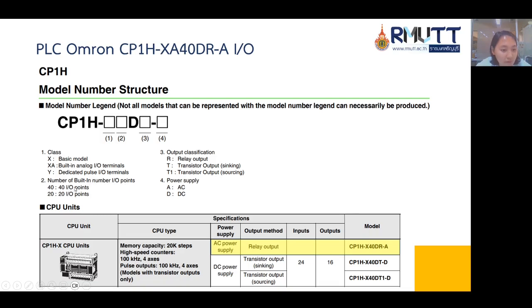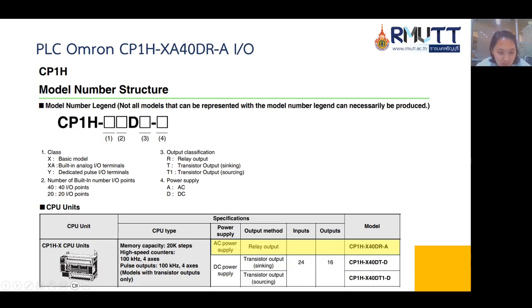This is 40 I/O points. And then the R here is for the output classification. In this type it is relay output, and then there is type A here. This is for the power supply, which is AC.